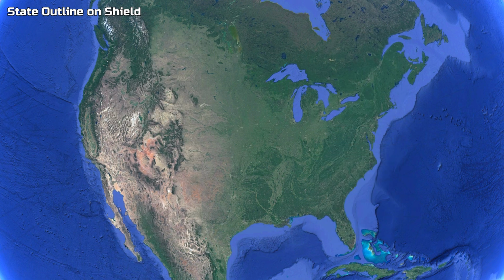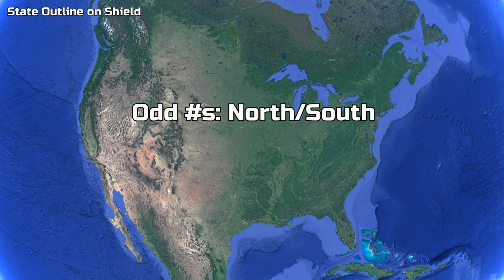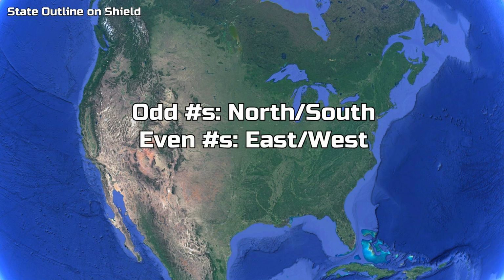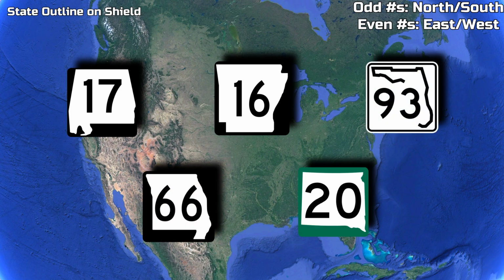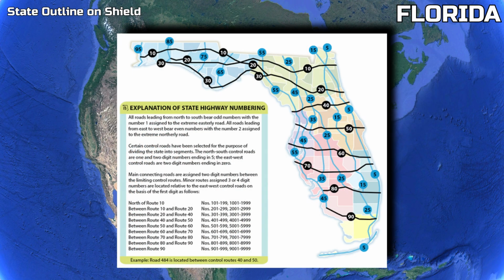Some of the states in this category use the standard directional rule for their state highways. Generally speaking, odd-numbered highways run north to south, and even-numbered highways run east to west in these states. This is seen in Alabama, Arkansas, Florida, Missouri, and South Dakota. Florida's highways also increase in number going south and west, and this graphic from Florida's Department of Transportation explains the